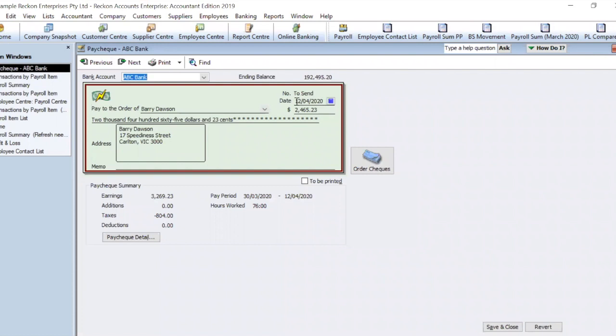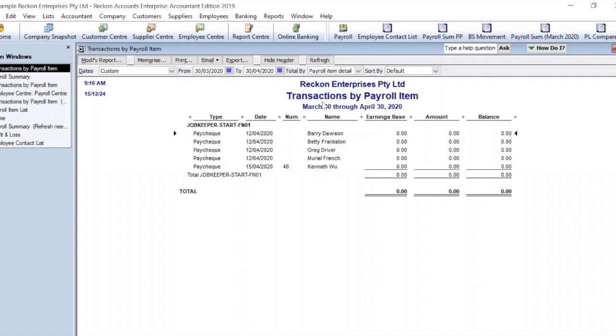It's not the week that they've worked or anything like that. It's the date that you've paid the employees that is absolutely critical with this. They have to have been paid within these JobKeeper fortnights. So when you're uploading your STP event to the tax office,